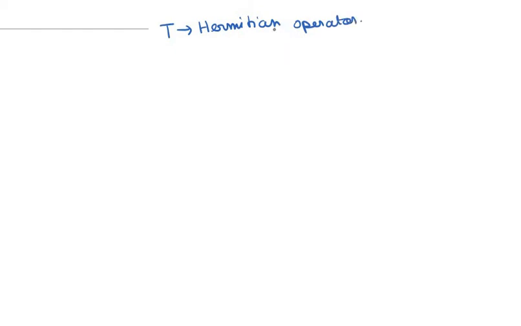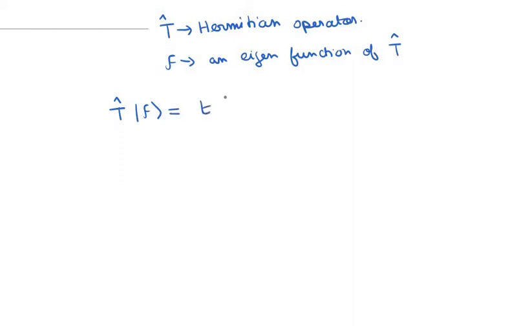and f is an eigenfunction of this operator T. So when we operate on this function f with this operator T, we just get some eigenvalue t times f. This is the property of an eigenstate for an operator T. Now what we do is we take the inner product of